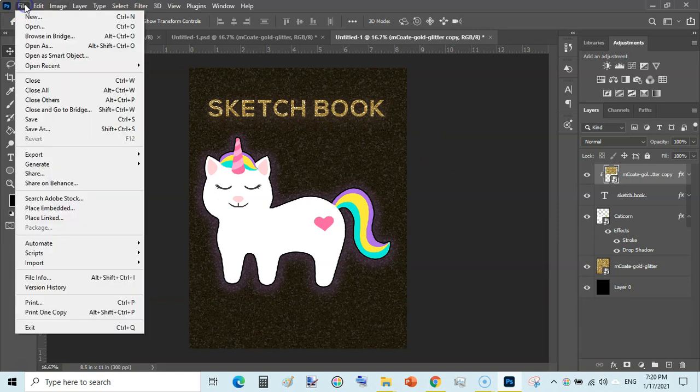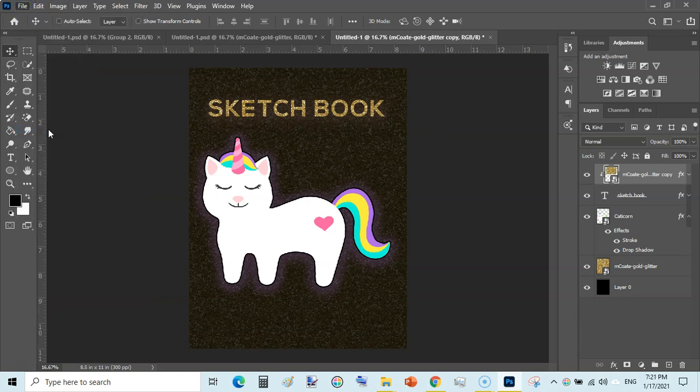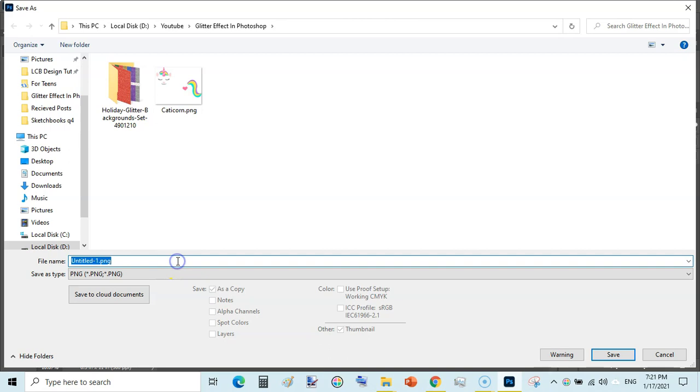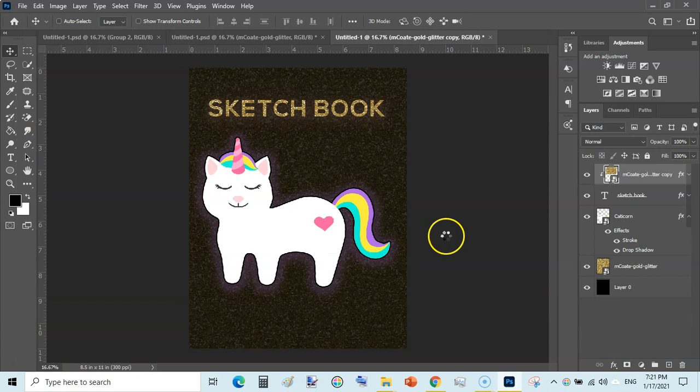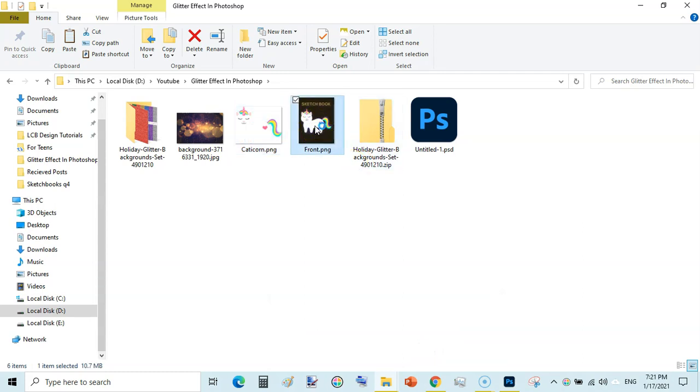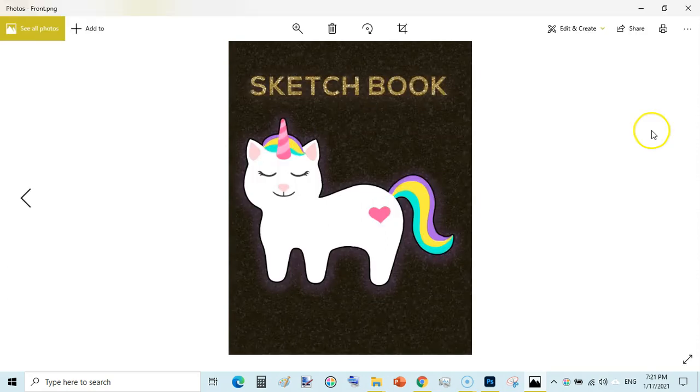Finally, you will need to download this. Just click save as, go to file and save as, and select the PNG, and that would be our front cover. You can go to Canva and make a full PDF cover, and so we will be adding this front cover and we will review this so we have a better idea of how it looks in the bigger format or in full preview. So it will take some time. Now here our cover is.